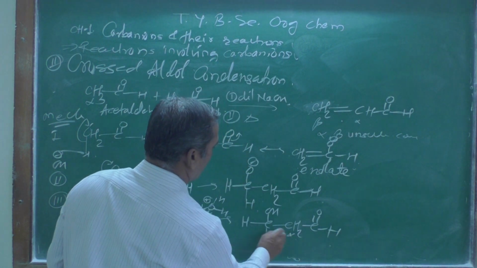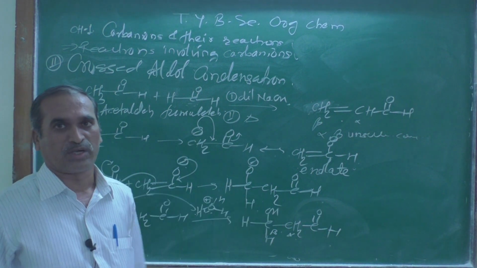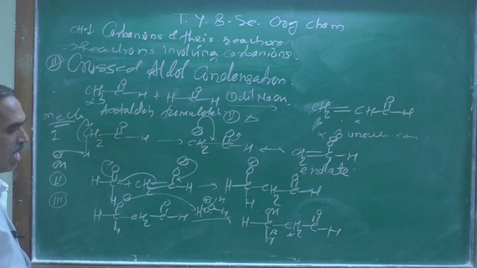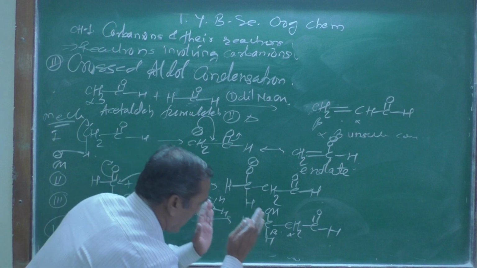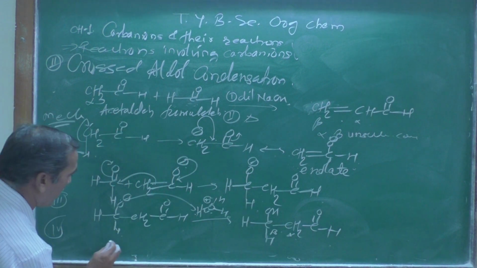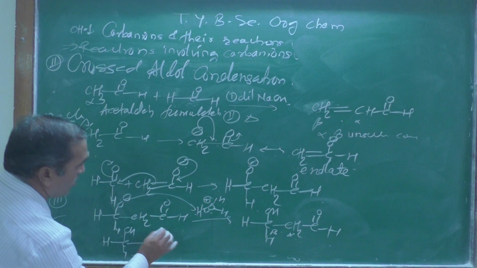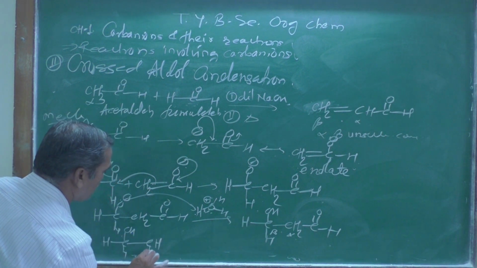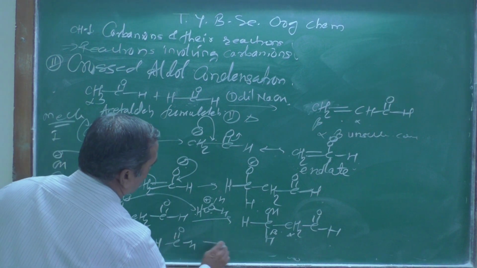Now look at this: alpha and beta position hydroxy group is there, and therefore it is known as an aldol, or the beta hydroxy aldehyde. And in the fourth step, what is going to happen? Write down this molecule as it is over here, H, then OH, H I am writing over there. For the sake of mechanism, I am writing hydrogen atom over here, C double bond O H, just heat